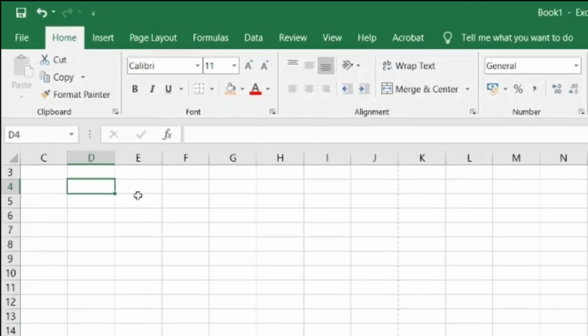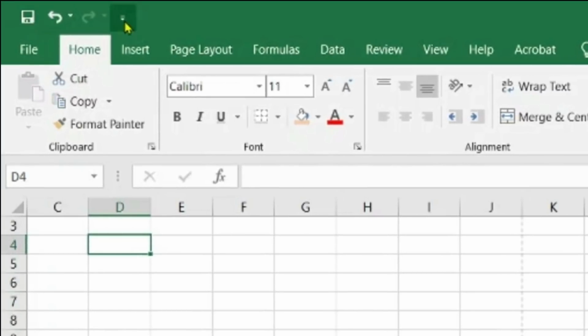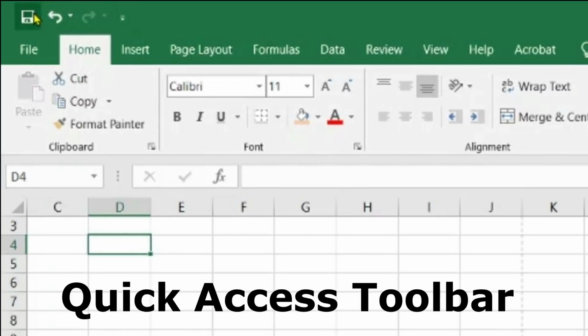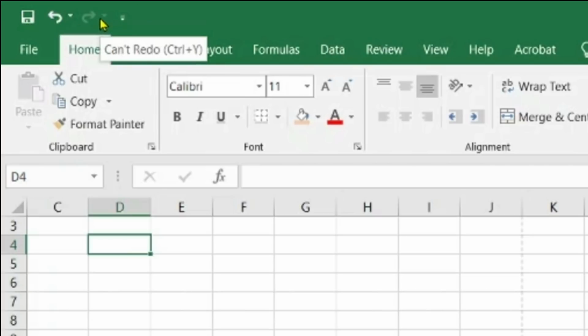Now let me show you on the top left. This is called a quick access toolbar. By default, you will get an option of save, undo and redo embedded in this toolbar, then have option of adding more. One of the things that most people don't know is that if you are a frequent user of any command, you can always go and add it here. There are two options. Let me show you how.